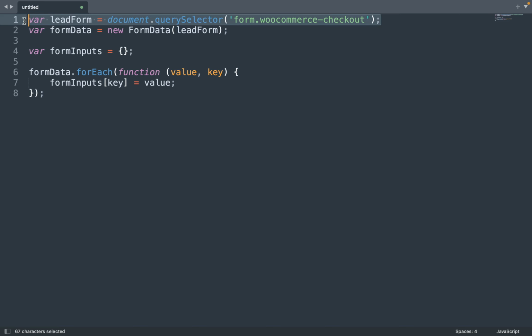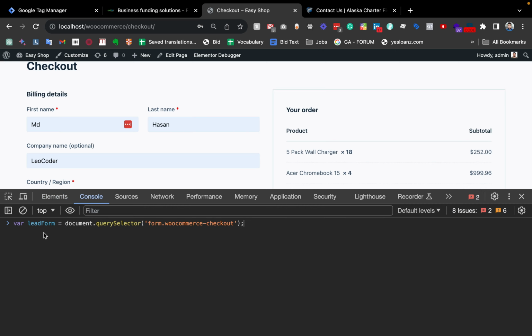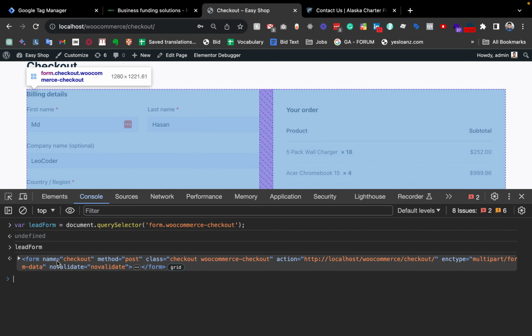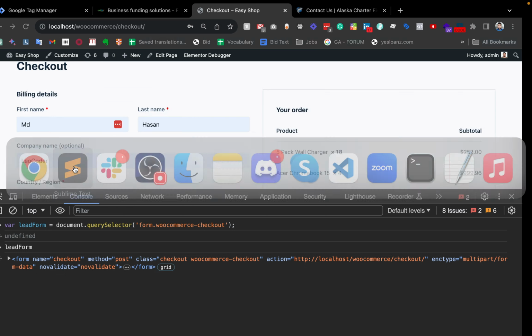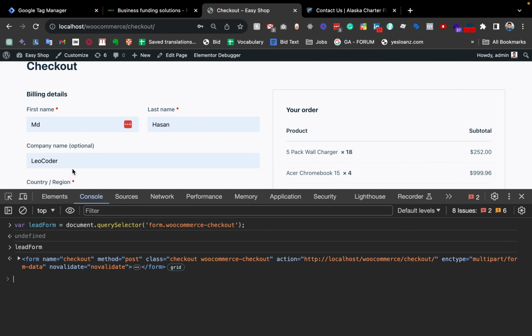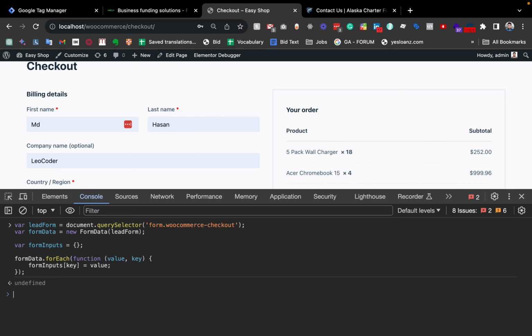Now we have successfully selected our form. Let's check that we really have selected it. I am pasting it, and if we type the variable name, leadForm, and mouse over it, you see that the form is highlighted. So we have successfully selected our form, and this was the most difficult part of this task. Now if we copy all of the code, maybe right now this is not a lead form but another checkout form, but I am just reusing the variable name. It doesn't matter. Now if I hit enter and check our lead form,